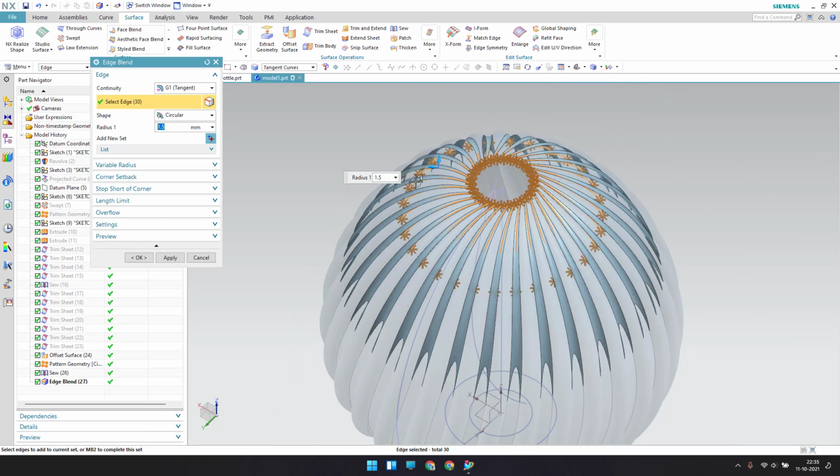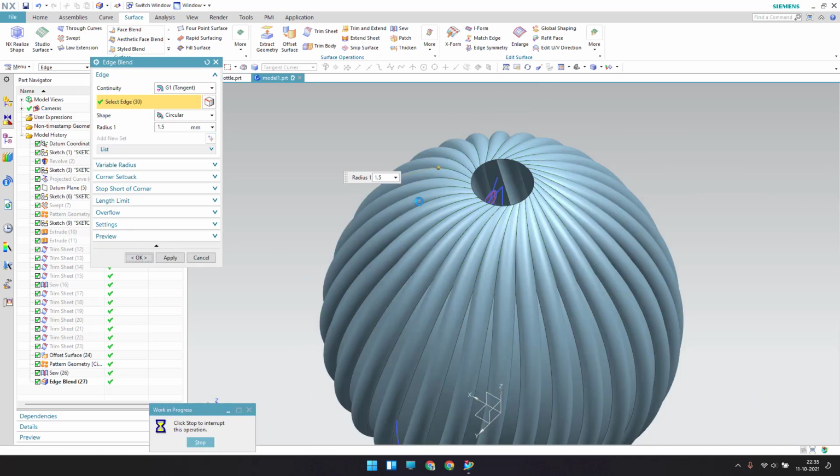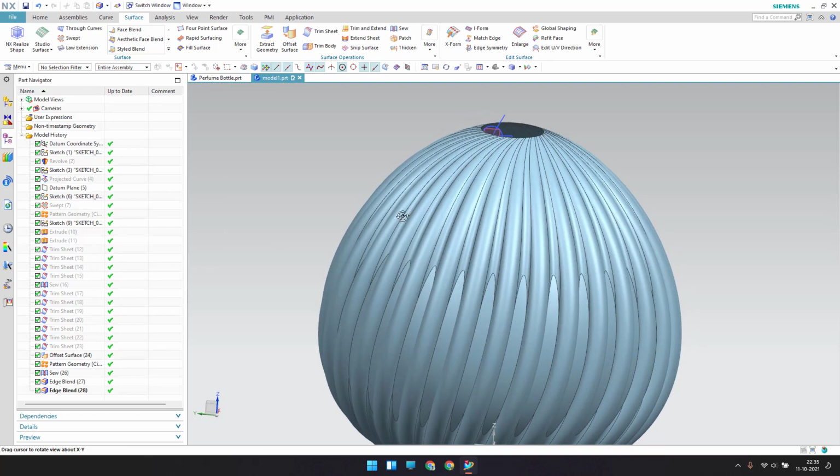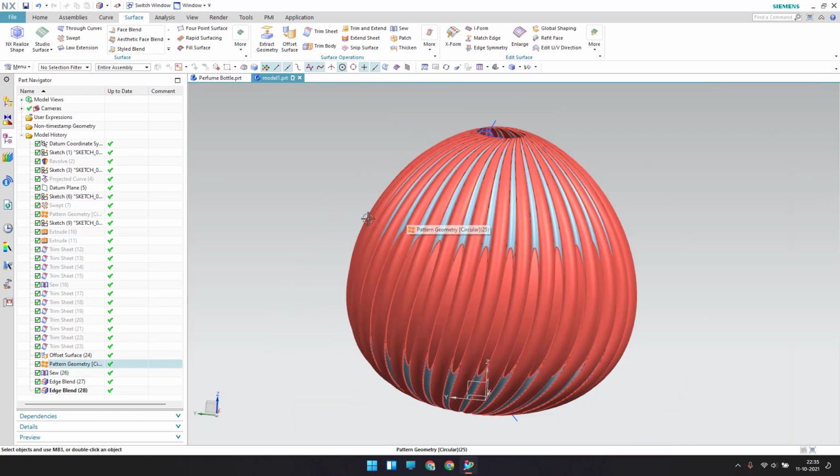Now as you can see here, all the curves are selected. I'll click OK, and as soon as you click OK, as you can see here, we have got this surface. It looks beautiful.